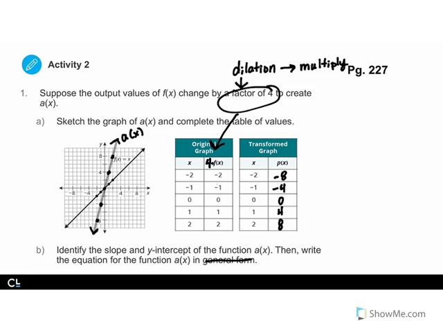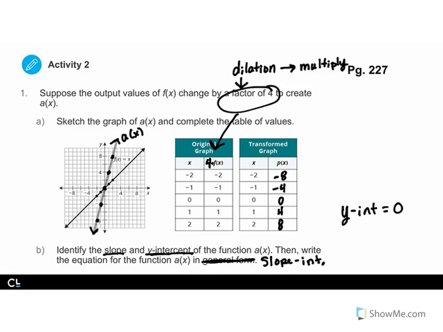Guys, general form is not what we call this. This is slope intercept form. I don't know why they call that in our book, but it's slope intercept form. So we have to find our slope and we have to find our y-intercept to be able to fill that in. So our y-intercept is still right here. It's still on 0, 0. So our y-intercept